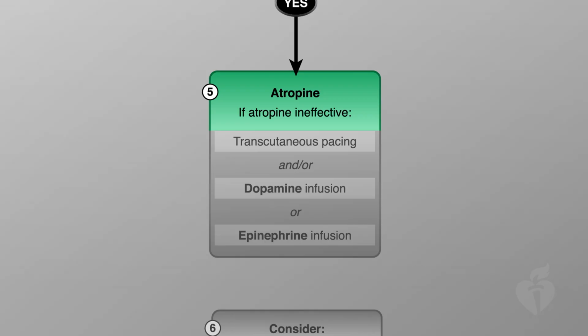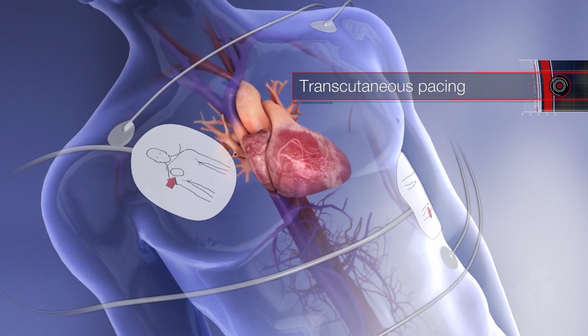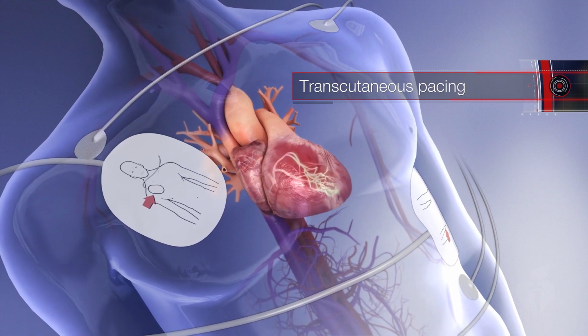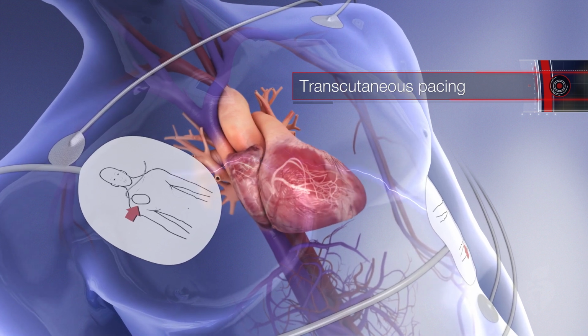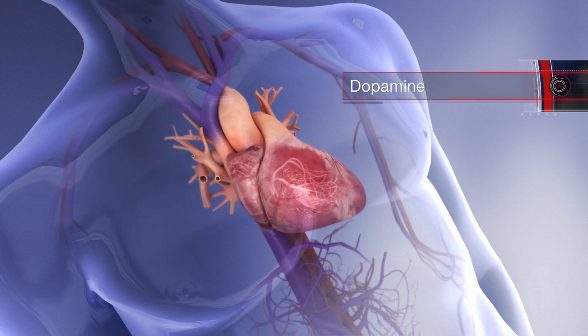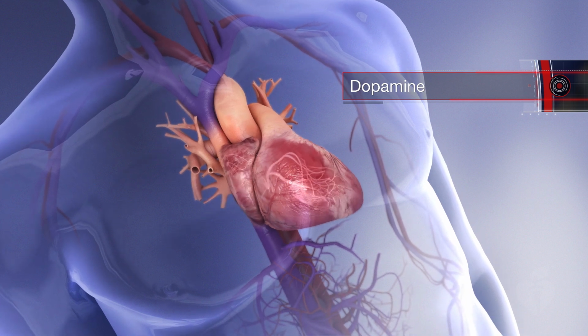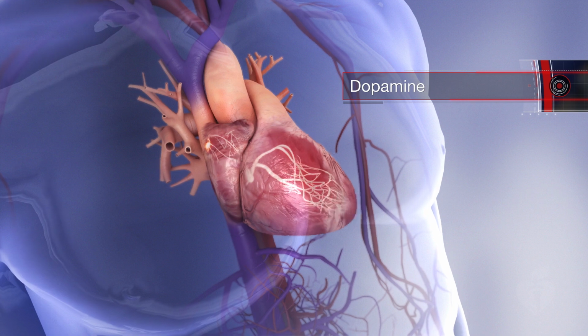If atropine is ineffective, prepare for transcutaneous pacing and consider dopamine or epinephrine infusion. Transcutaneous pacing, or TCP, uses electrodes on the patient's chest to deliver an electrical impulse that overrides the normal pacemaker functions of the heart. In effect, TCP provides an external pacemaker signal. Dopamine stimulates the beta-1 adrenoceptors, resulting in improved myocardial contractility, increased sinoatrial node rate, and enhanced impulse conduction in the